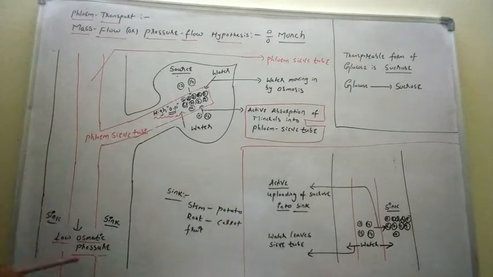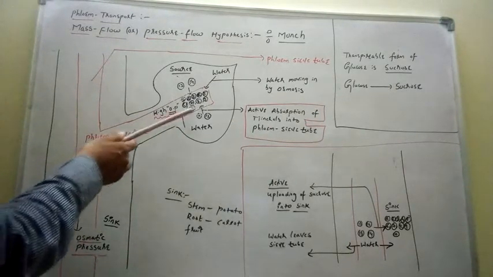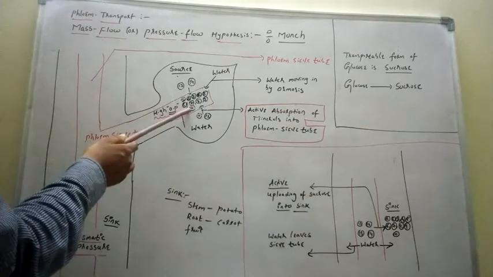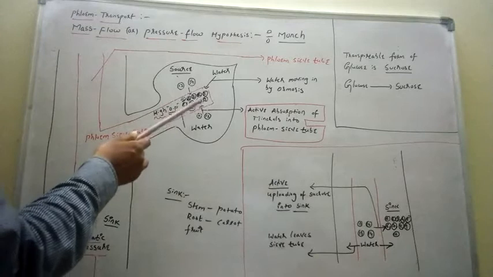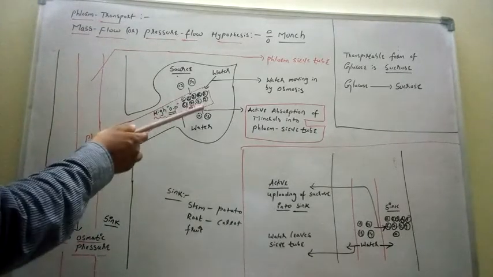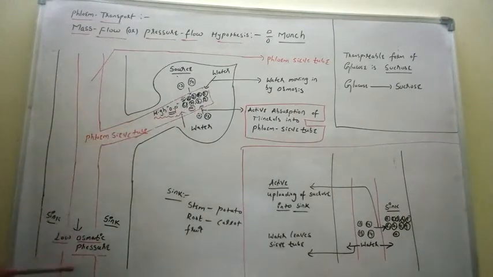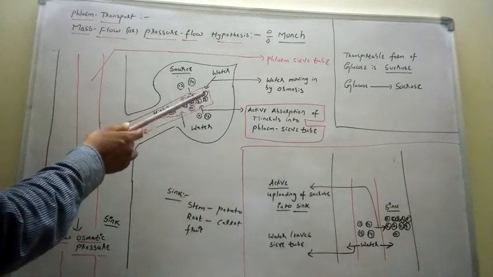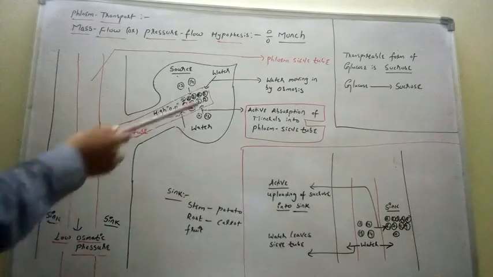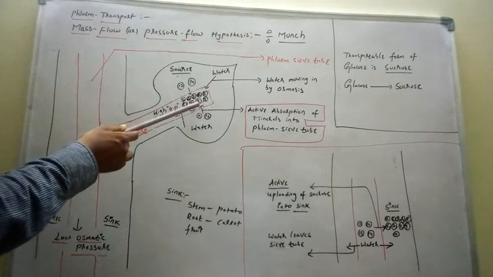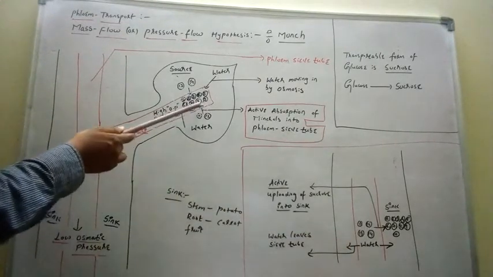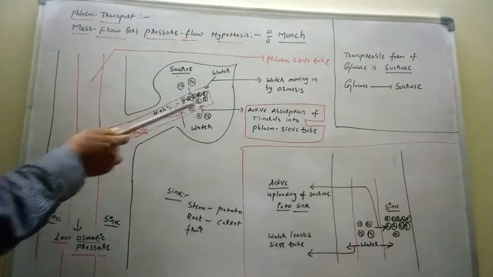So here, when water is moving from high osmotic pressure to low osmotic pressure, this water also carries the solute molecules. Now, who are the solute molecules? Sucrose molecules. Now, these solute molecules from the high osmotic pressure region enter into the region of low osmotic pressure. So after moving this water and the sucrose molecules to here, this is the diagram. After moving the solute molecules from the source into the sink region, this is the diagram.